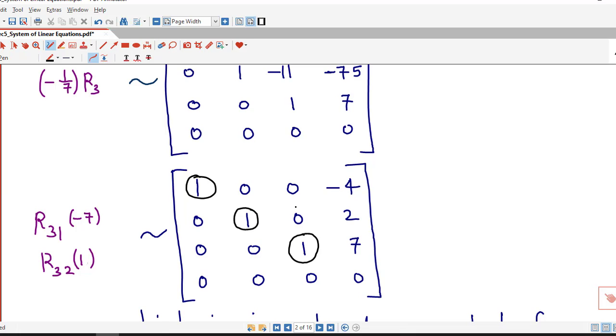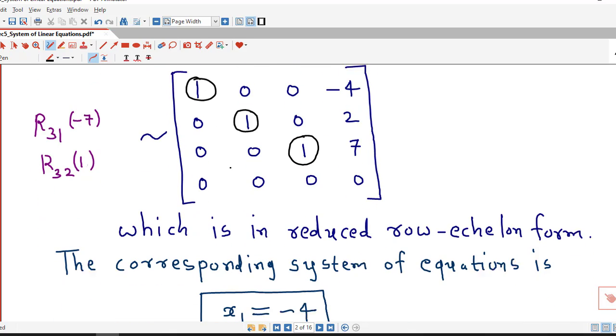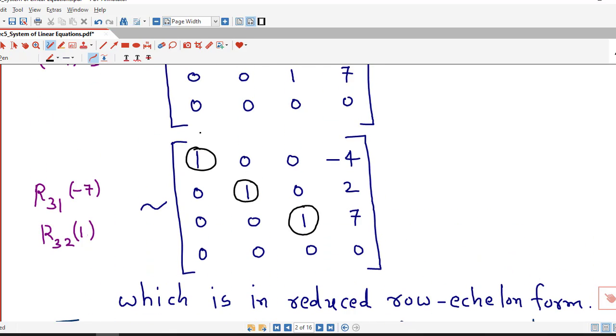So next step is to write down the system corresponding to this reduced row echelon form, and variables are x1, x2, x3. So this first column corresponds to x1, this is for x2, this is for x3, and the right hand side corresponds to constants in this column. Now if we identify the first non-zero entries of each row, then they correspond to x1, x2 and x3.